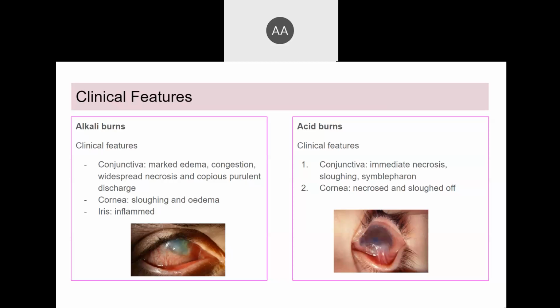For the acid, the clinical features of the conjunctiva will show immediate necrosis, sloughing, and symblepharon formation. Symblepharon is the adhesion between the conjunctiva and the eyelid, as shown in the picture, and then the cornea will show